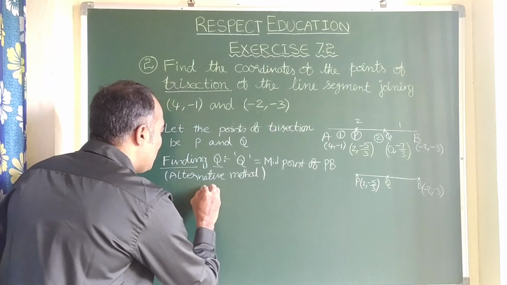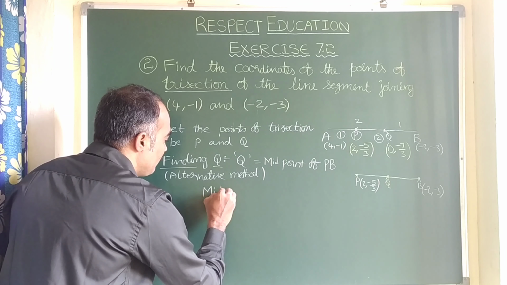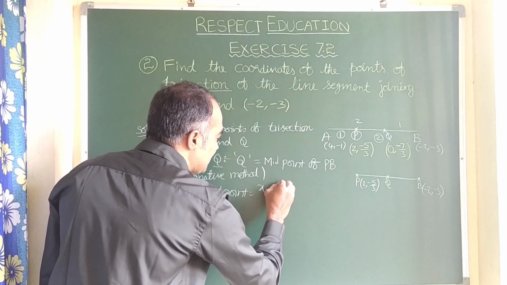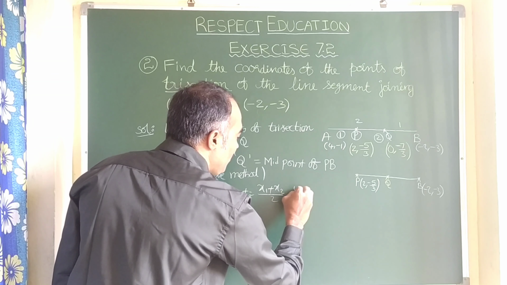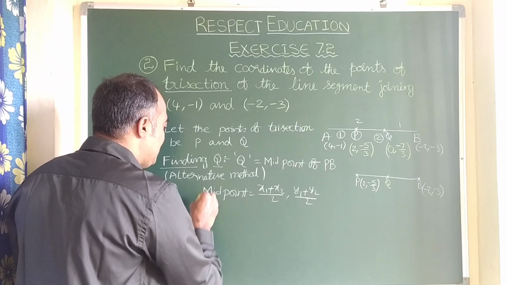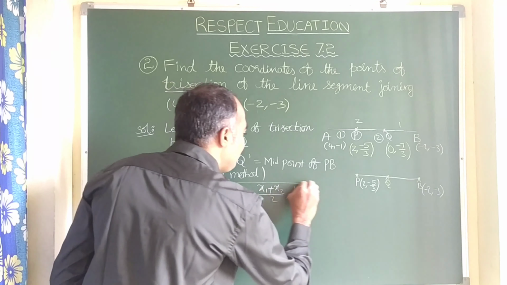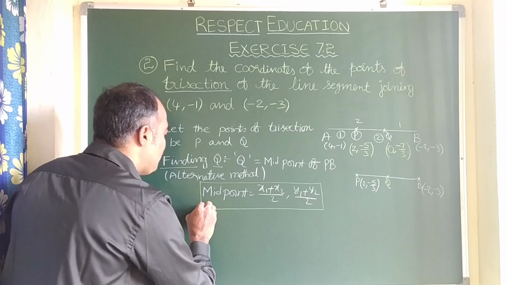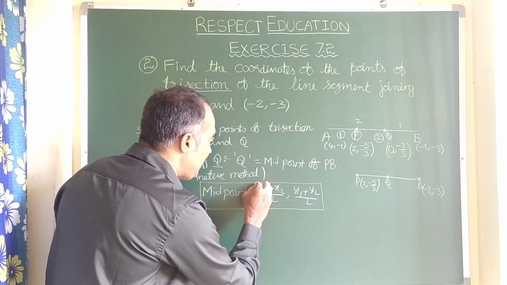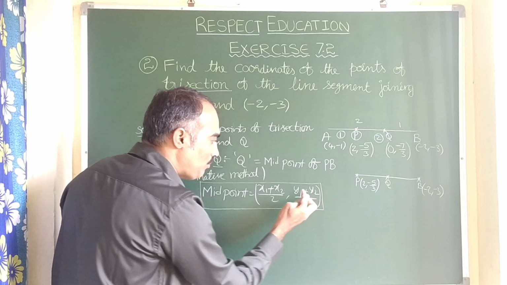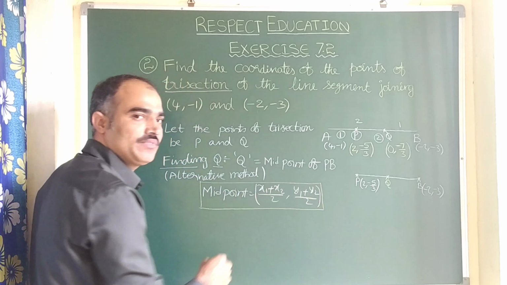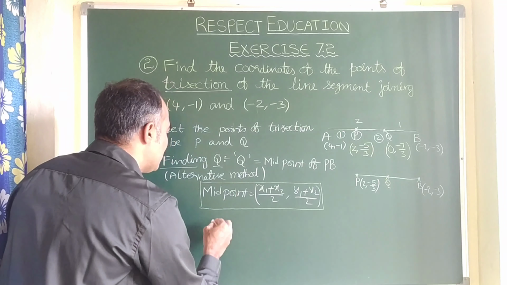As we know, the midpoint formula is x1 plus x2 by 2 comma y1 plus y2 by 2. So based on this formula we can find Q. Instead of doing 2:1 you can do it in this method also. So here, as it is a midpoint, the bracket is to be kept. It is a point, right? A point should be in the form x comma y, then bracket, coordinates. Now let us substitute the values.